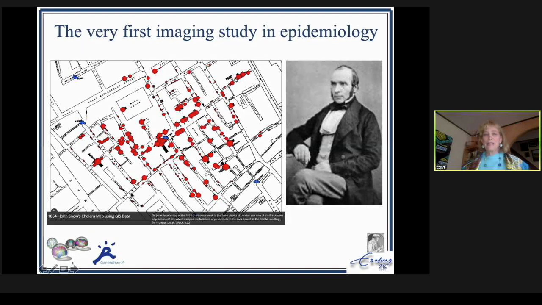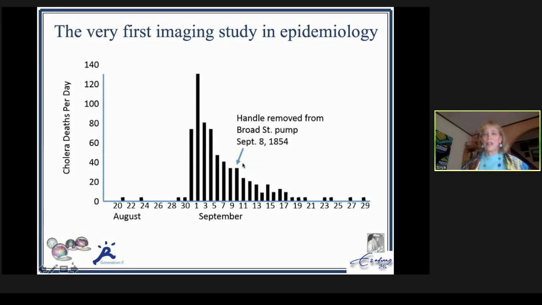And he mapped out where the deaths were, and eventually went to the local authorities and presented his data, and he said, there's something going on with this well. I think that's where the cholera is coming from. It was later tested, and in fact, they had the handle removed from the Broad Street pump on September 8th,